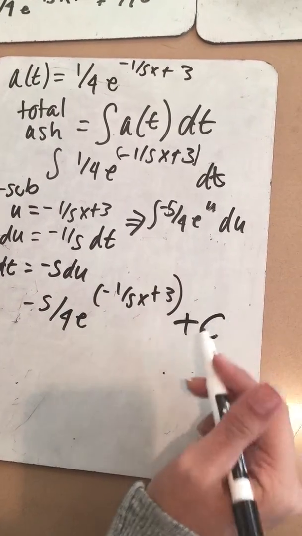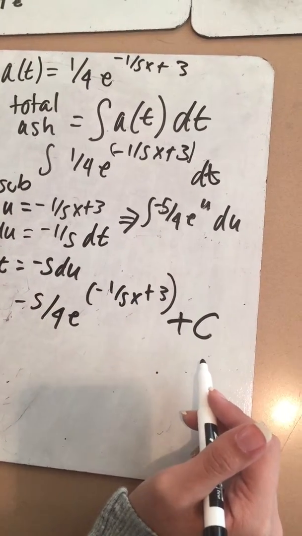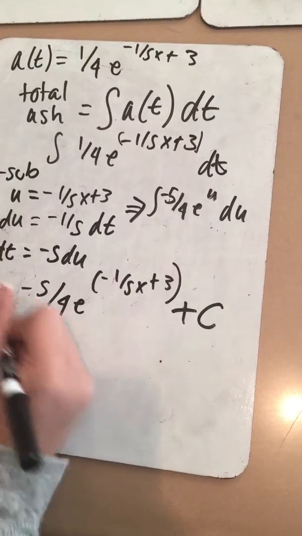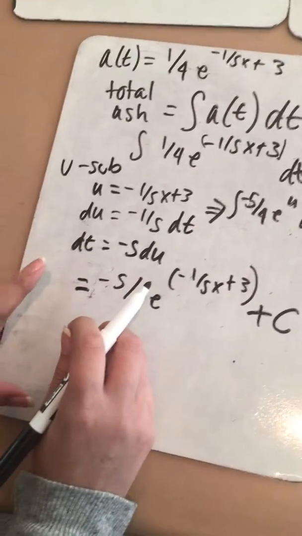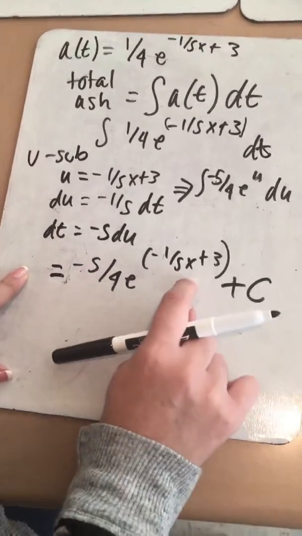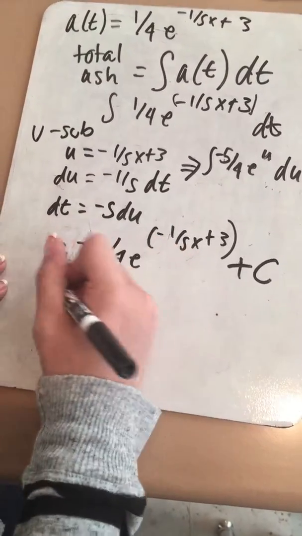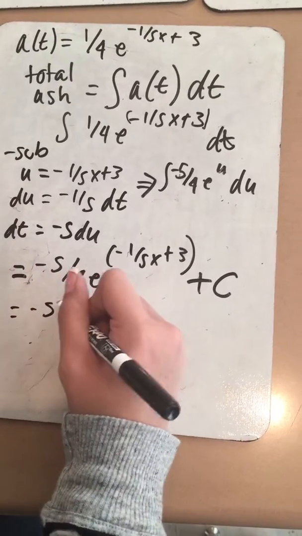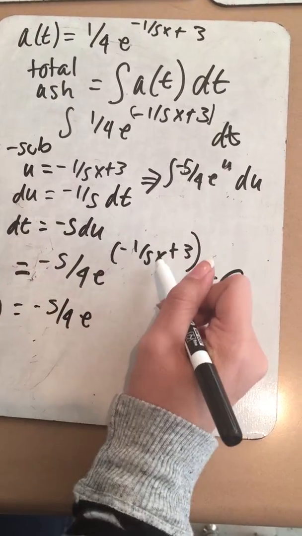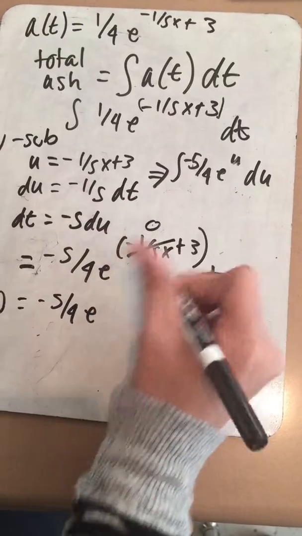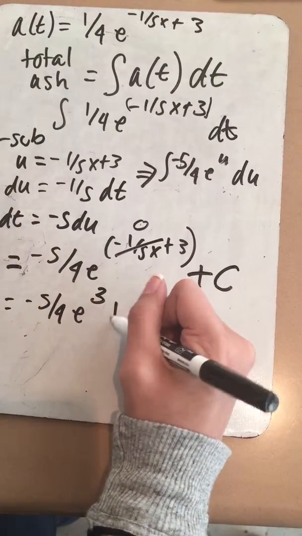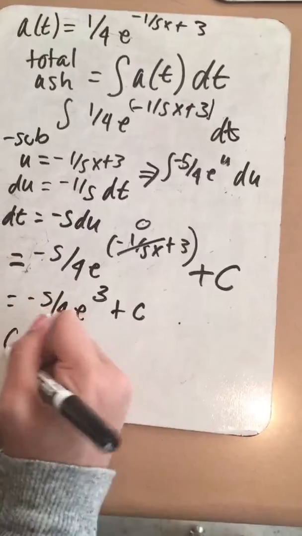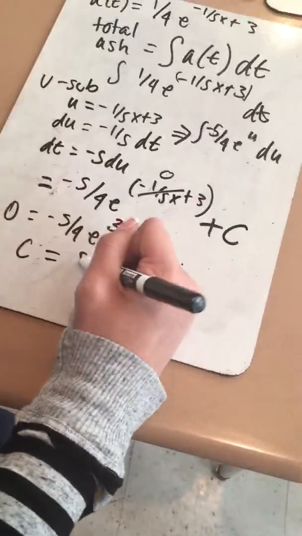So now we're going to have to solve for that c. And in order to solve for that c, we need to set it equal to something. And I'm going to set it equal to 0 because the total ash is 0 at time 0. So I can plug in 0 for both. So it can be 0 equals -5/4 e^(0 + 3). So when I plug in 0, this is going to turn into a 0. So this is going to be e cubed plus c. So now it's going to be easy enough. c equals positive 5/4 e cubed. This equals c. So now, in order to know when it's going to